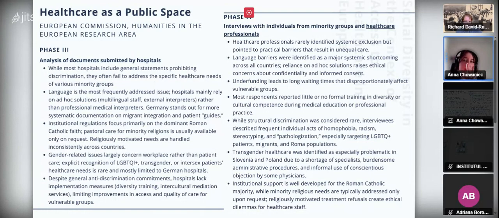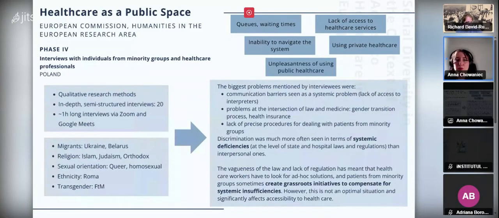So that was the healthcare professionals' view across the countries, but I will say a few more words about what we found from the interviews with the minority group representatives themselves in Poland, because I didn't have access to findings from the other countries. So you can see what the sample was here, with whom we talked, and what was quite, I'd say, important, and which we probably wouldn't find out if we didn't do those interviews, is that the biggest